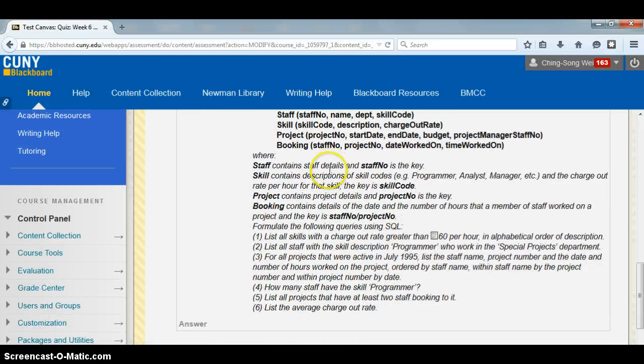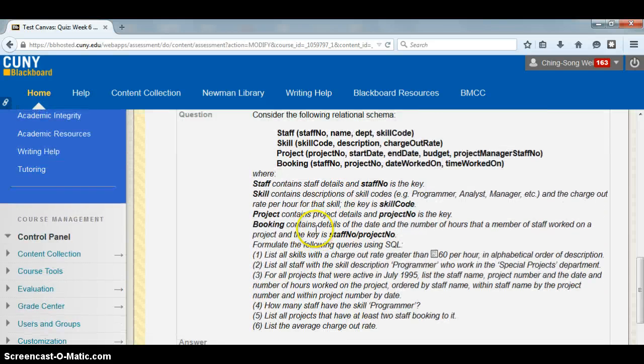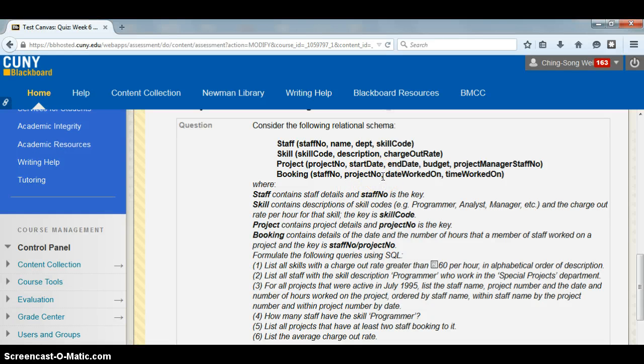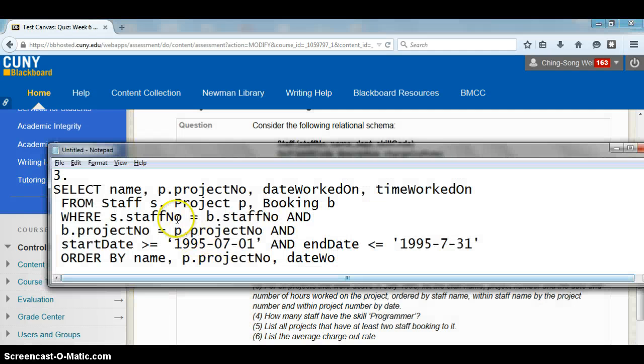And so I've already written it out. And then the date, because it's active in July, the project should be starting after July 1st, but the end date will be before July 31st. So that will be my SQL